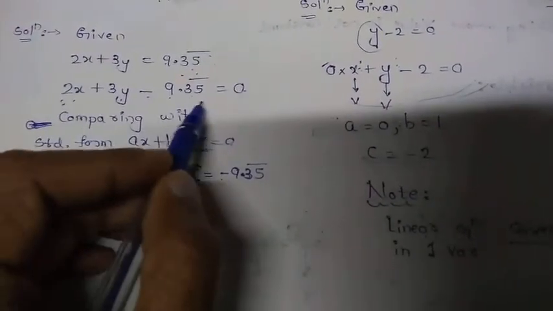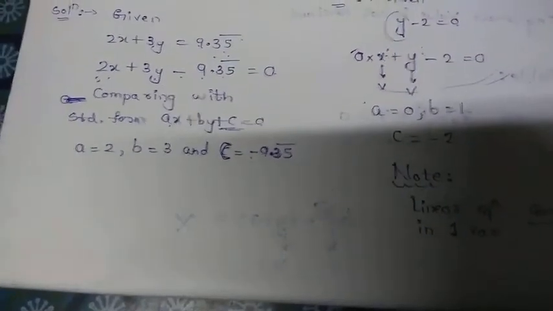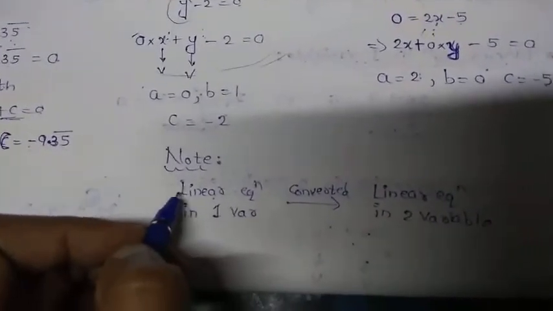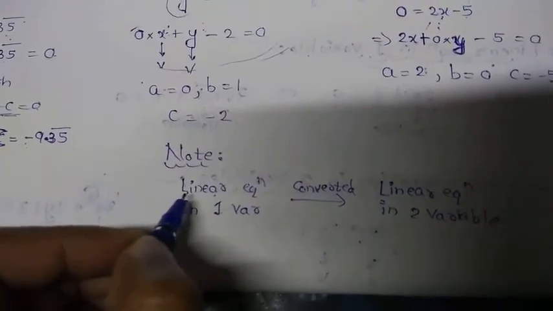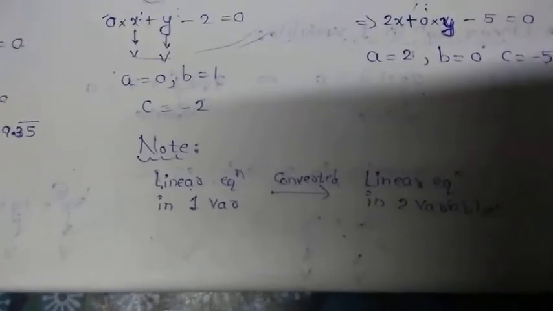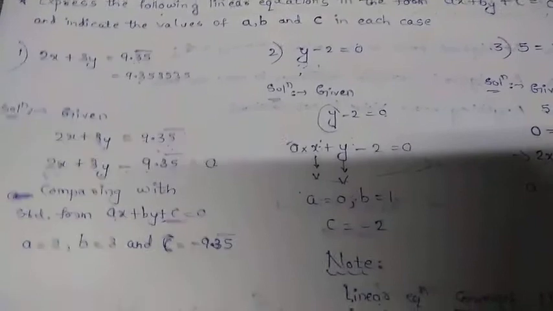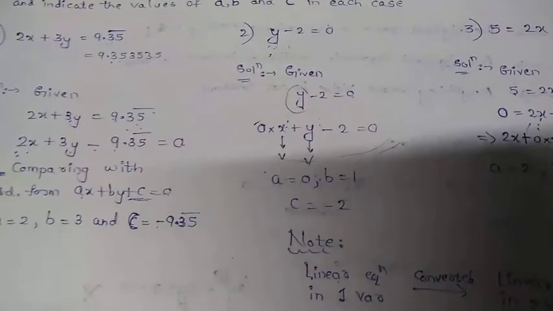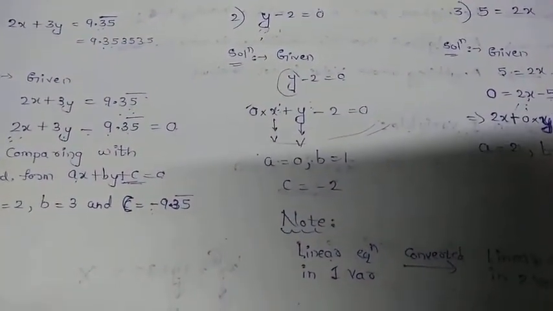So is the reverse of this true? No, right? So here we have a linear equation in two variables. Can you convert this into a linear equation in one variable? No, it is not possible. Hence, the note is, you have to note down, this is an important result. A linear equation in one variable can be converted into a linear equation in two variables, but the reverse of this is not true. So I hope the result is clear, and what we have studied right now here is clear. Now moving on to the next problem.